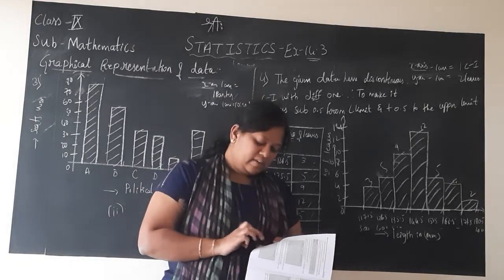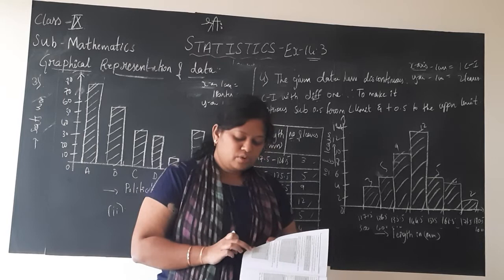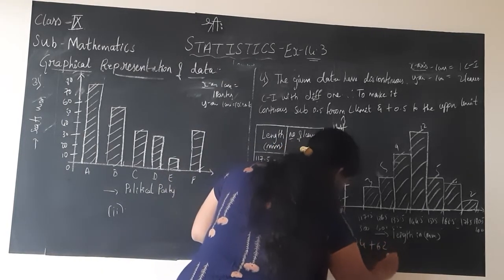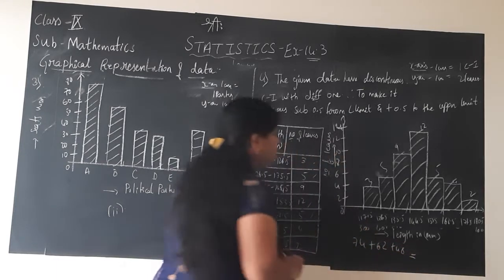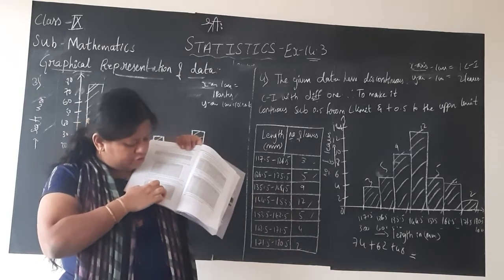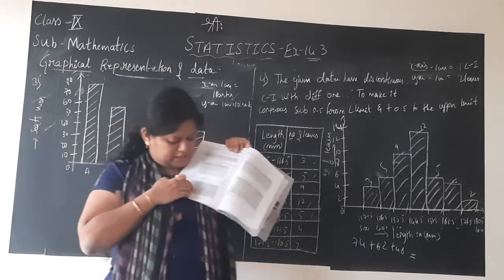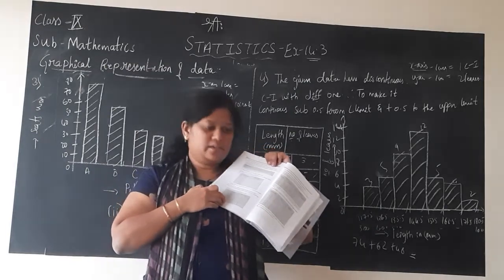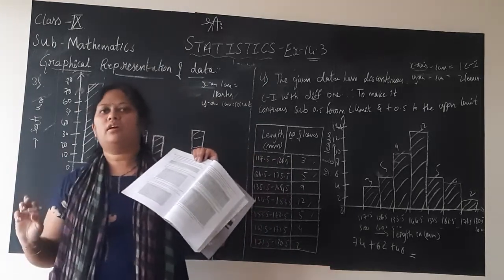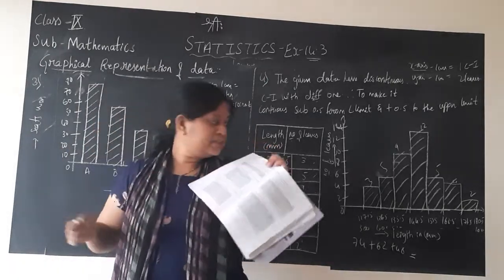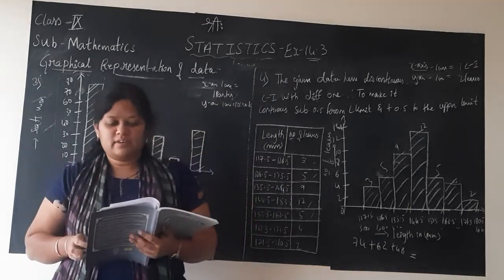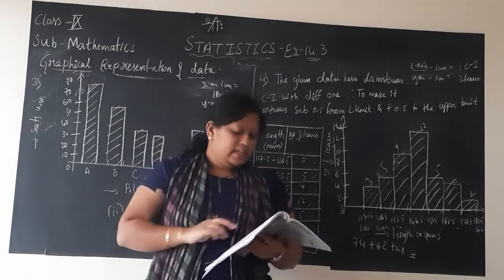That is the reason, from 700 to 1000, whatever values you have, that is 74 plus 62 plus 48. You add all these numbers, 74 plus 62 plus 48, which are the numbers of lamps of the last 3 class intervals, which have a lifetime of 700 or more than 700, as asked. So you will count the total from 700 to 1000 and write their sum. Whatever 74 plus 62 plus 48 comes to, those many lamps have a life of more than 700 hours. That is about the 5th question.